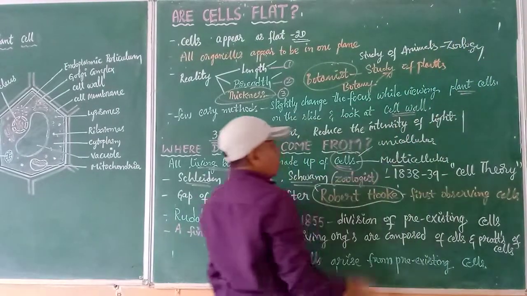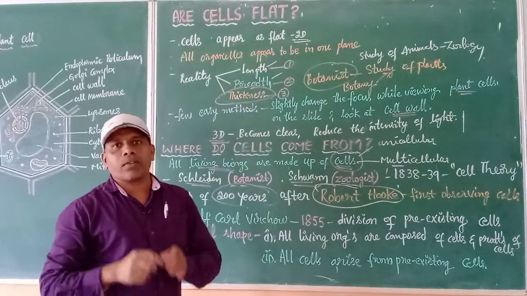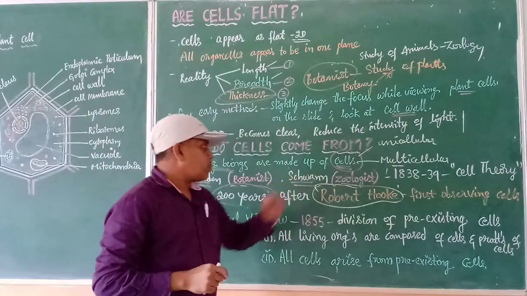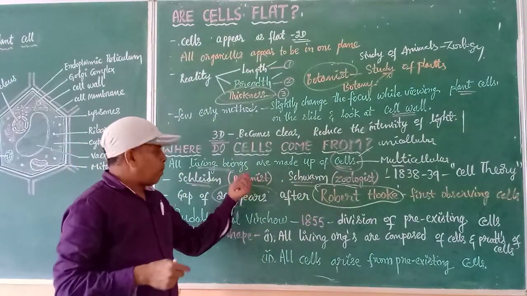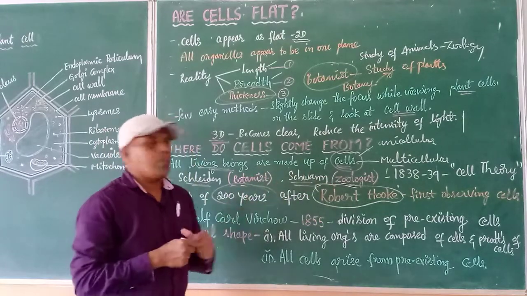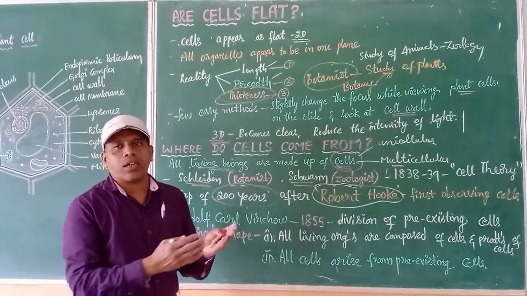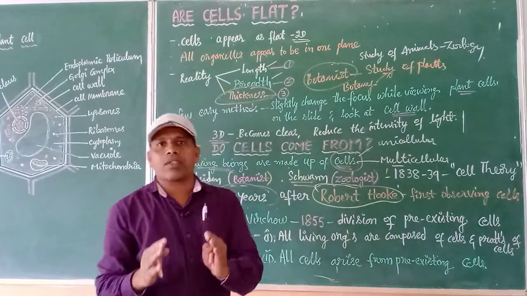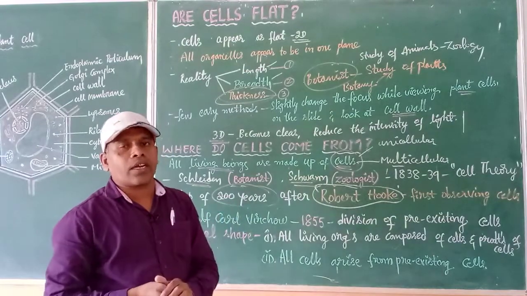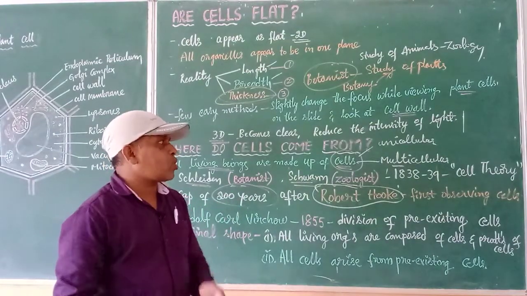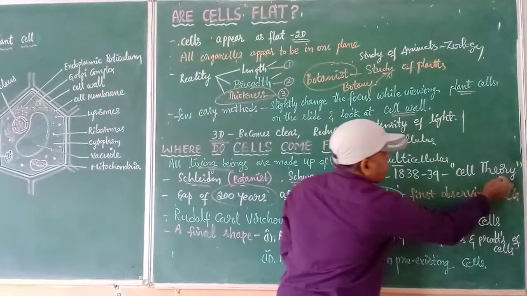So Schwann was a zoologist who was doing exclusive research on animal cells, and Schleiden was a botanist who was doing research on plant cells. Both happened to meet at one particular place under one situation. Because their topic was the same, research related to cells, from then onwards they started working together and proposed one of the most popular theories in the world. What was that? It is the cell theory.